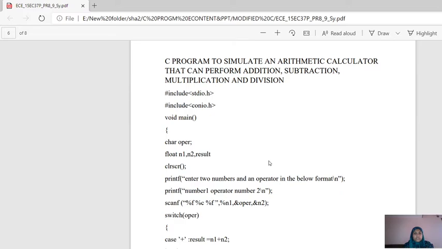The operations performed can be addition, subtraction, multiplication and division.